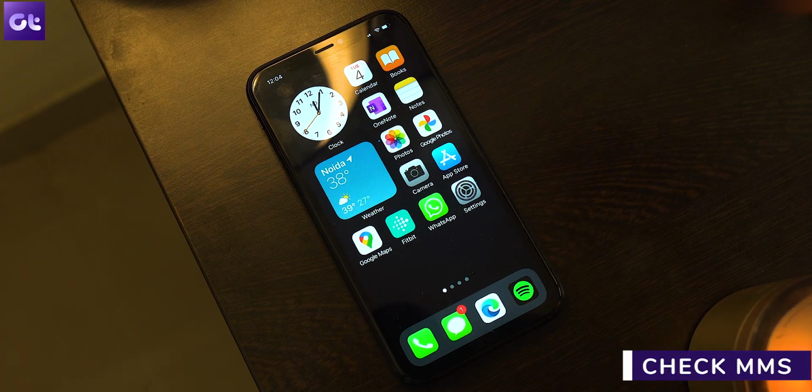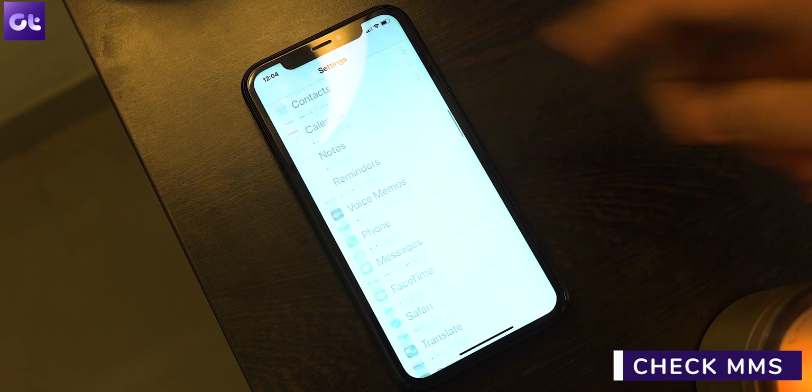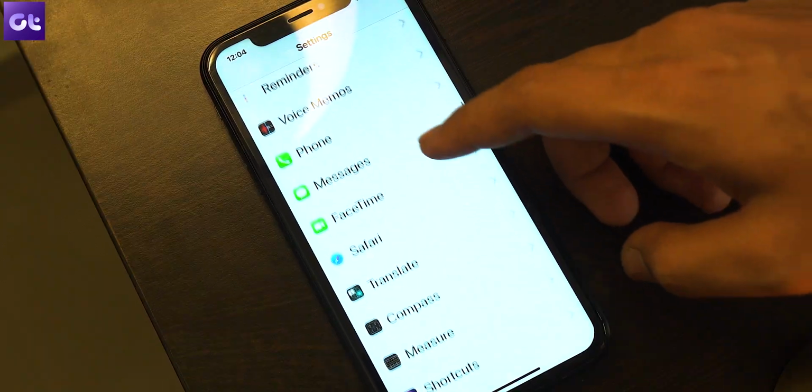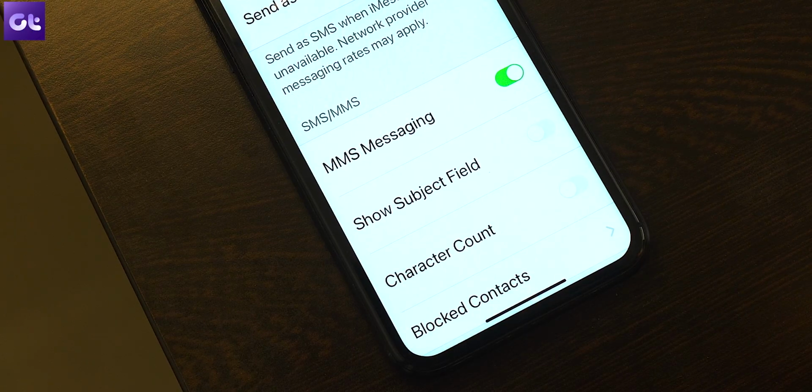Now, one thing that you need to understand is there are two ways to send a picture message to your contacts. One is obviously via iMessage, but you can also use the standard MMS format to send pictures. Of course, for the same, you will have to enable MMS on your device and with your SIM provider as well. So whenever your iPhone isn't sending pictures via the Messages app, check that MMS is enabled. To do that, launch the iPhone settings app, scroll to the bottom and tap Messages, then locate and toggle on the MMS messaging option.